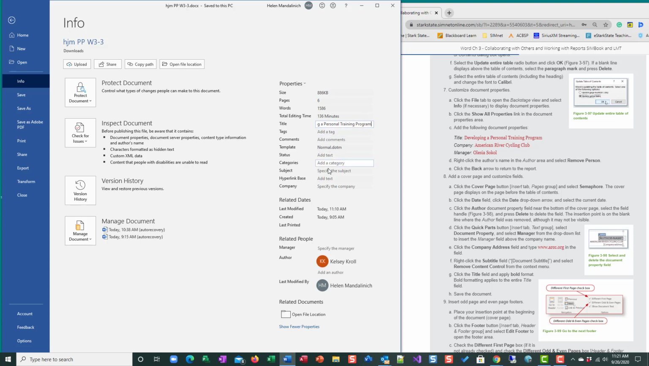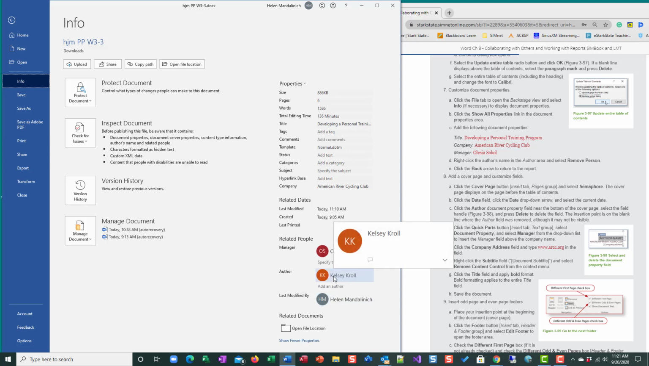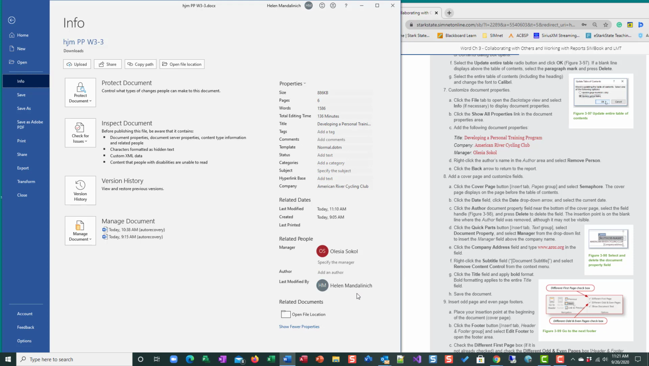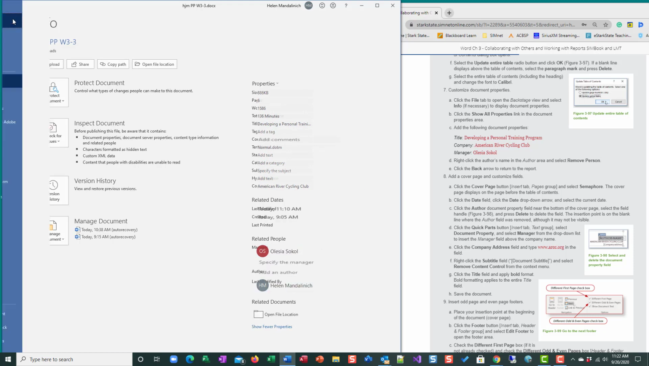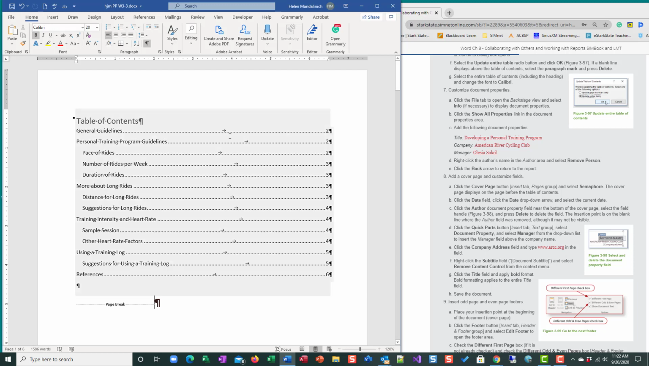The company name is American River Cycling Club, and the manager is Alessia Sokol. Okay. Right click on the author's name, and we're going to remove this person. So we don't want an author, we want a manager. So we're going to use the back button to go back to our document, and we want to insert a